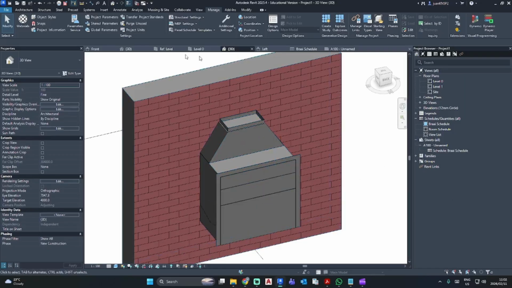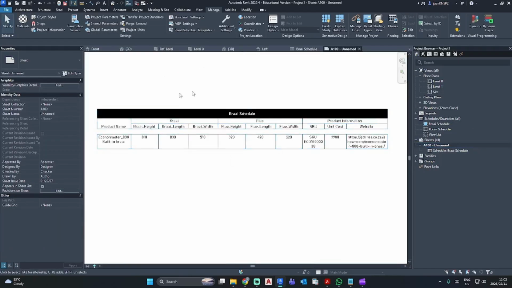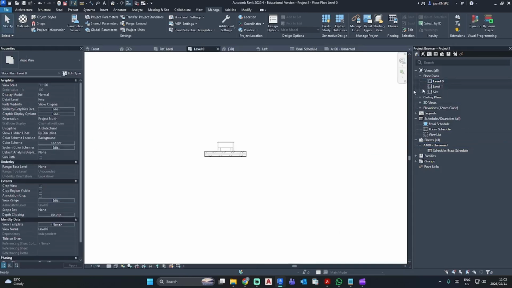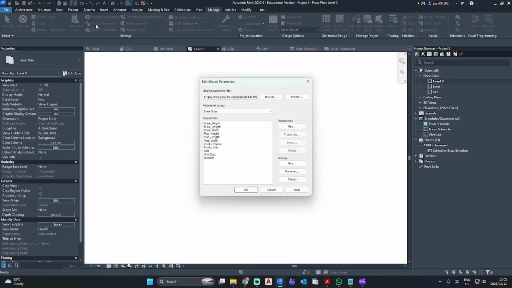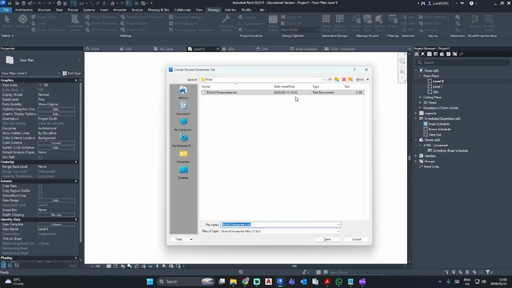So now we are going to go shared parameters because we want to create this schedule. So we go shared parameters, you'll go create. You see I already have one.